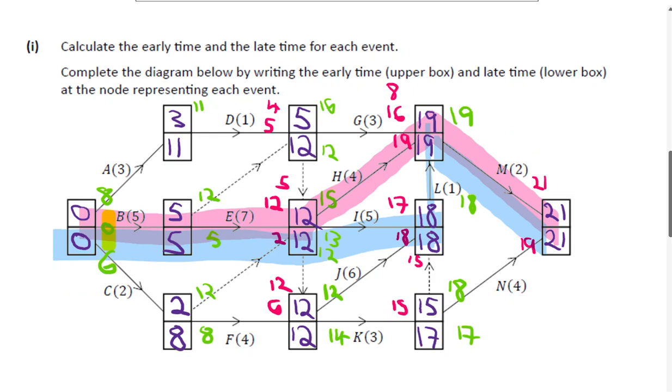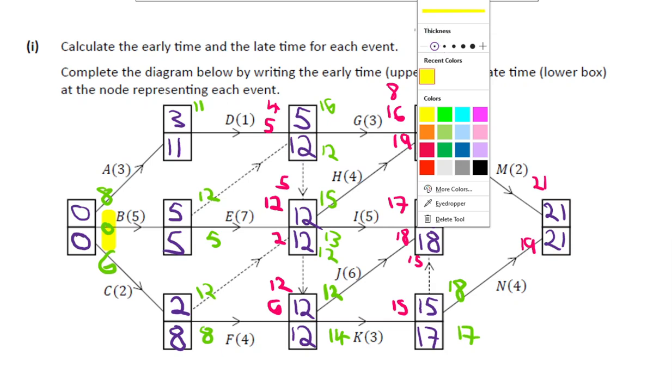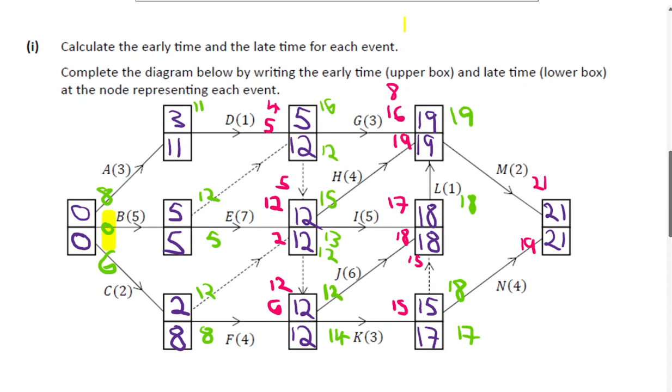So with the critical path, we have to think of it. Early and late times have to be the same, but is there something else? And there is something else. What we have to see is, what are the activities that cause the critical path? So in this case, and hopefully this will make a bit of sense when I go through it. So here's our 21, 21, and we want to get to 0, 0. So which of these activities has absolutely no flexibility? So the N has some flexibility, but the M doesn't,